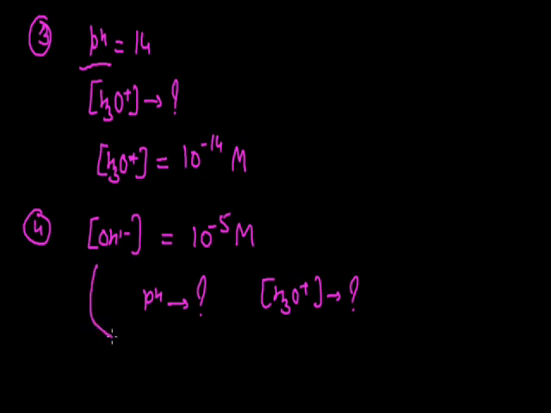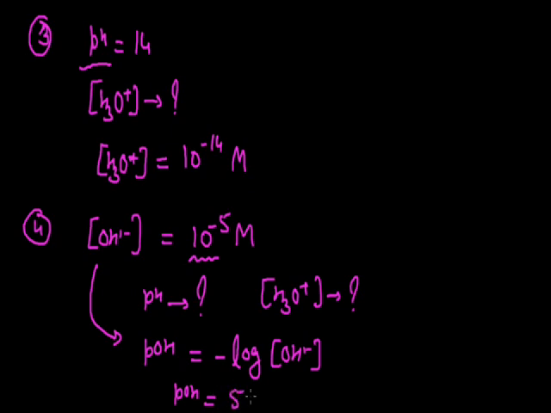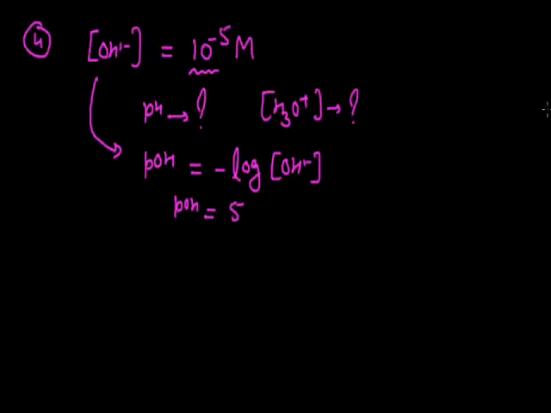So, with the help of this concentration of hydroxide ion, first we will calculate the pOH. That has the same formula as pH: it is the negative logarithm of the concentration of hydroxide ion. Since the concentration of hydroxide ion is 10 power minus 5, pOH can be calculated in the same pattern as we did in the last 3 examples, and pOH will be 5 for this solution. Now, this was not our aim. We were to calculate pH, but now we have the pOH.